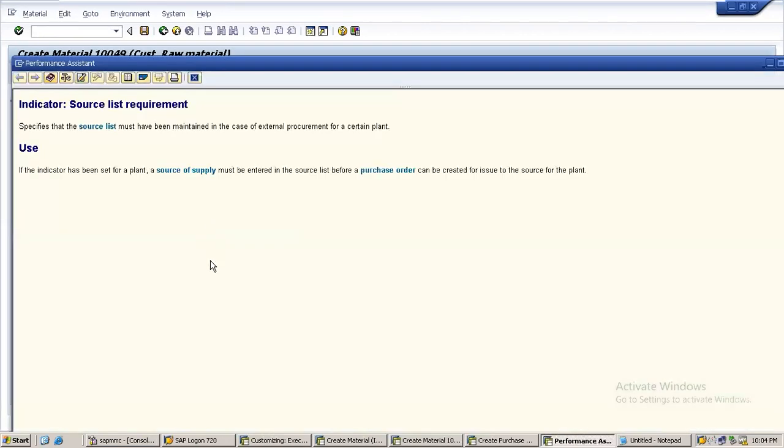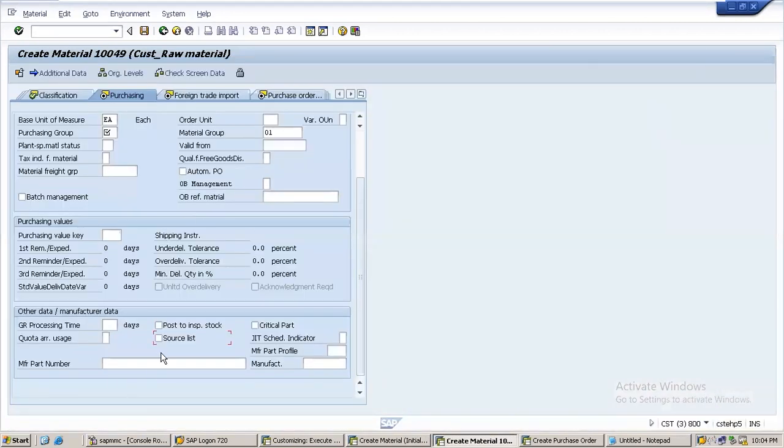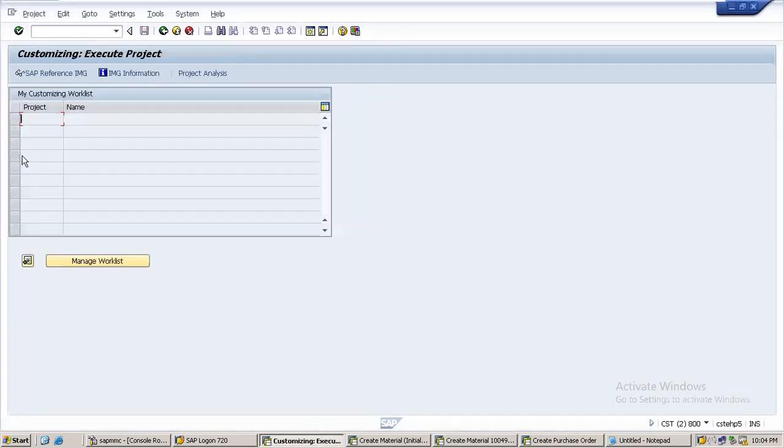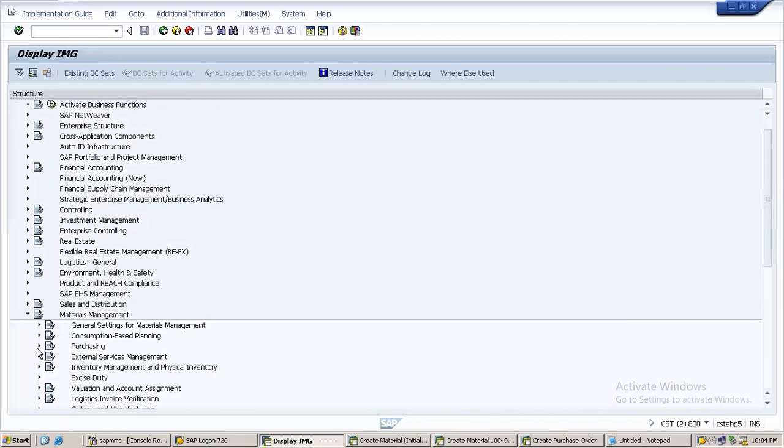Let me check what the issue is here. I'll check and share the information on why it is not coming. So this is only a configuration where we are mentioning that the source list is mandatory for that particular plant. Okay, so material management, purchasing,